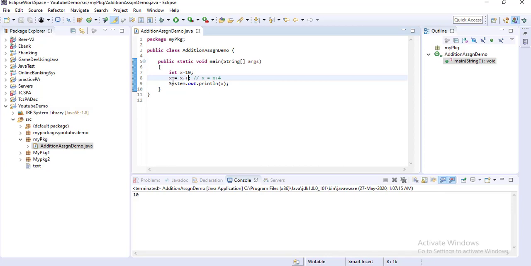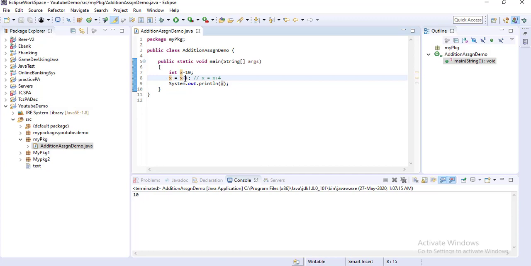So here the concept is prefix and postfix. So in this case, it is first assigning the value of x, that means 10, to this x, okay, and then it is incrementing this x value by 1, so it's 11, okay. So that's why you are getting the x value as 10.